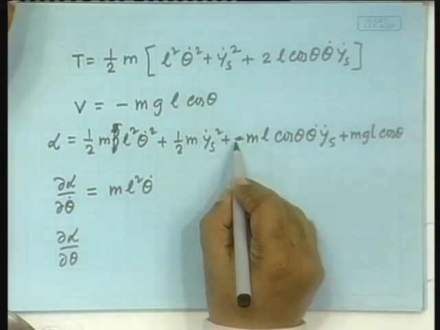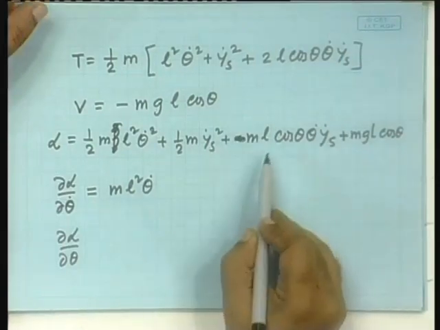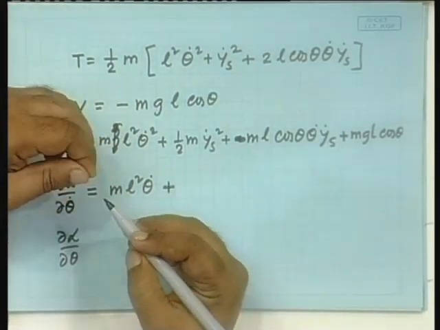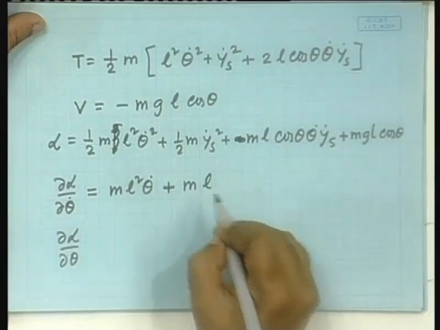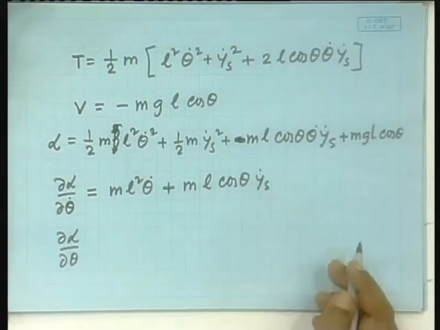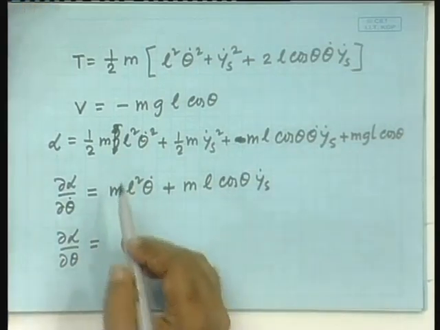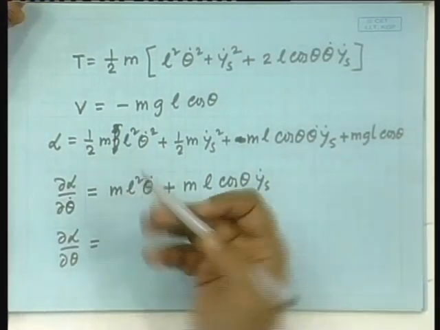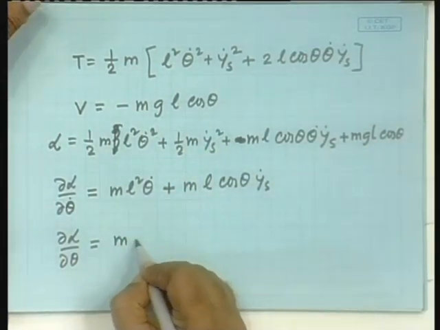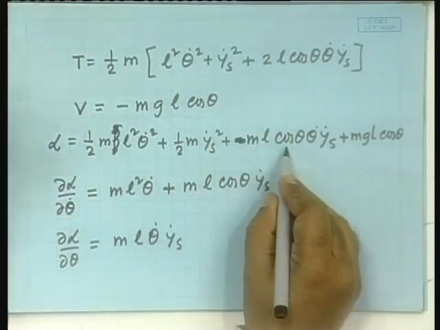So if you differentiate it, it will be plus m L cos theta y s dot. Okay. Now, when we differentiate with respect to theta, this goes, this remains, m L theta dot y s dot, and then cos theta. So you have